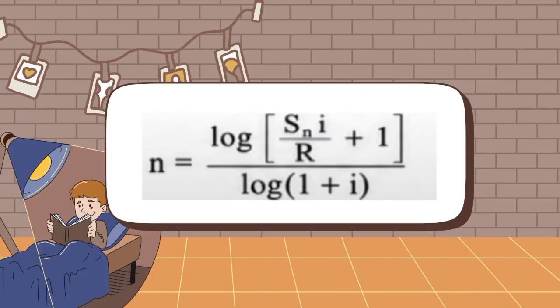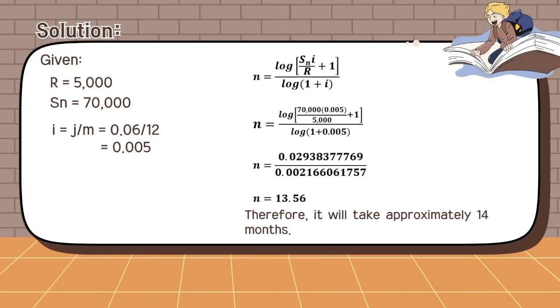We have n is equal to log of S sub n multiplied by i over R, where R is the size of each annuity payment, plus 1, over log of 1 plus the interest rate. And we are given that the size of the annuity payment is 5,000 and our future value is 70,000 pesos, and our interest rate is 0.005. Now, using our formula, we have n is equal to log of 70,000 multiplied by the interest rate, which is 0.005, over 5,000, plus 1, over log of 1 plus